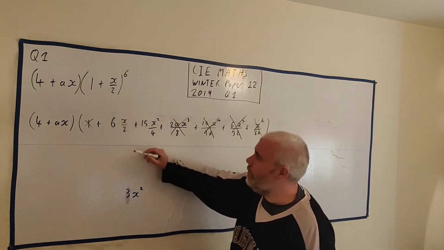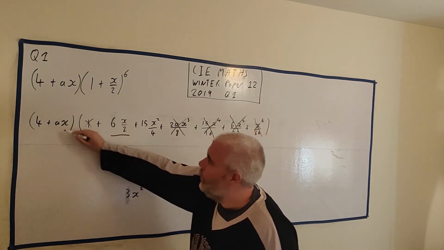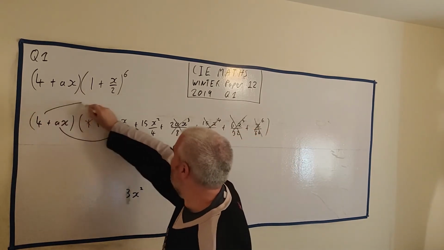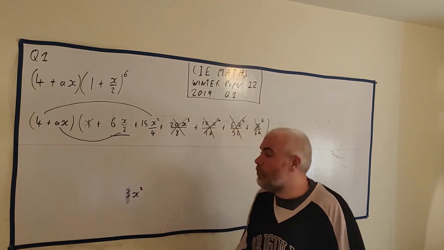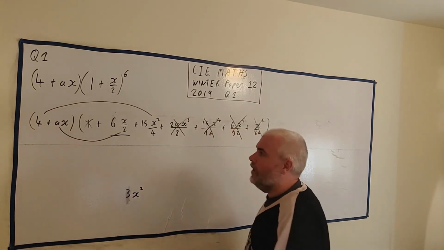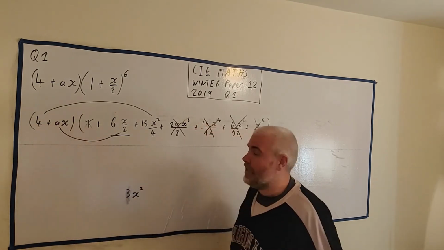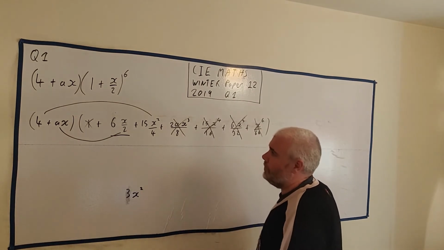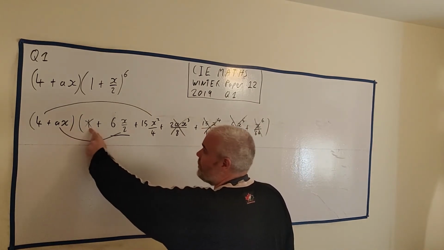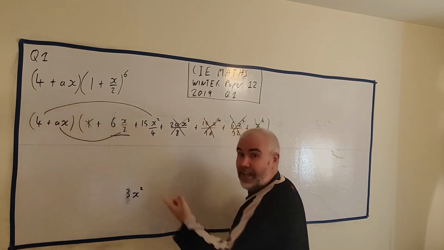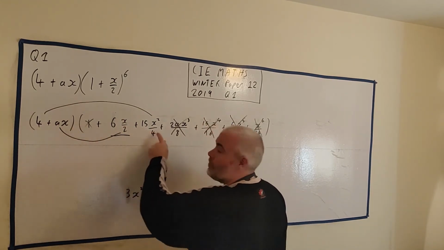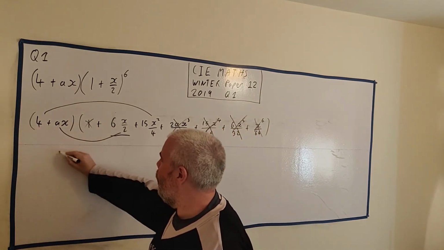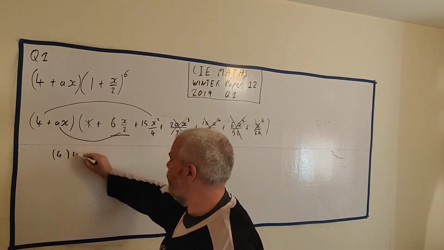So the only things we would have had to be interested in is this guy when it's multiplied by this one. Let me put a line in there. And this one when they're multiplied by that. And that's it. That's the only way we could have got x squared in this whole thing. 4 times 1, there's no x squared. 4 times x cubed, no x squared. x times a number, that's just an x, no. x times x, that'll get an x squared, or a number times an x squared. That's the only way. So really all this can be boiled down to 4 multiplied by 15